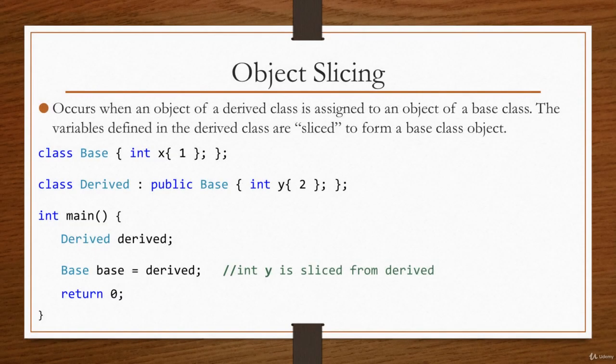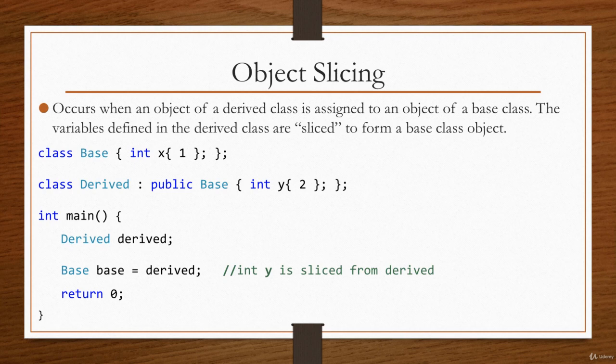Hey, in this video I'm going to introduce a few things that we are going to use in upcoming videos, and we'll start off with object slicing. Object slicing occurs when an object of a derived class is assigned to an object of a base class, because the variables defined in the derived class are sliced, or basically cut out or ignored to form the base class